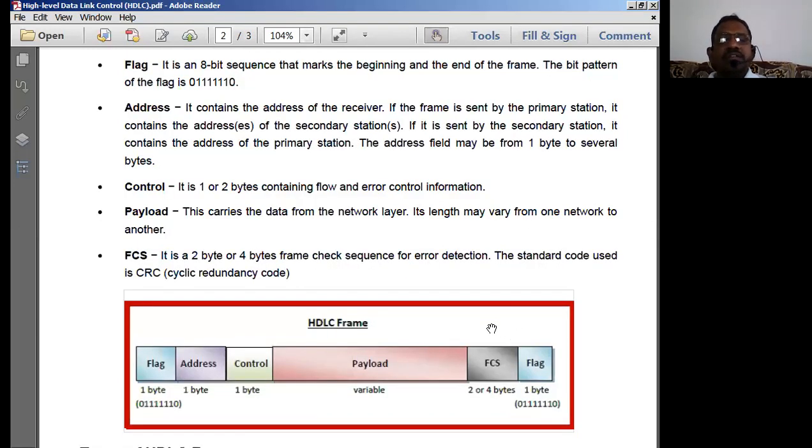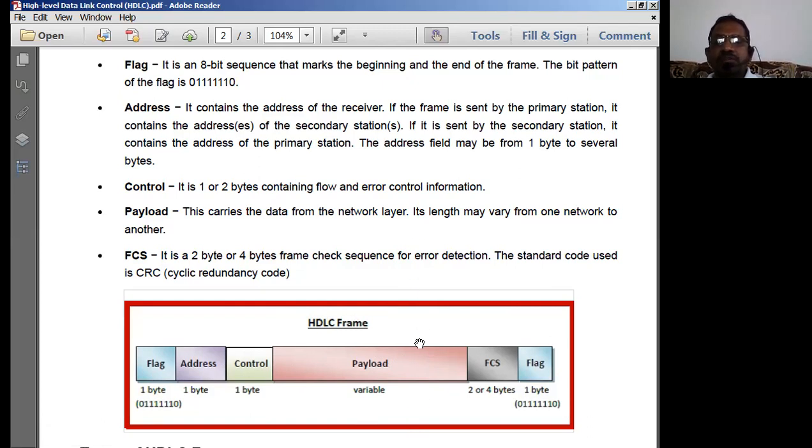Now in the exam you have to compulsorily indicate all these various fields of the HDLC frame, right? So this payload, where is it coming from? This payload is coming from its top layer, known as the network layer. You should really remember the sequence of layers compulsorily in the data communication field.